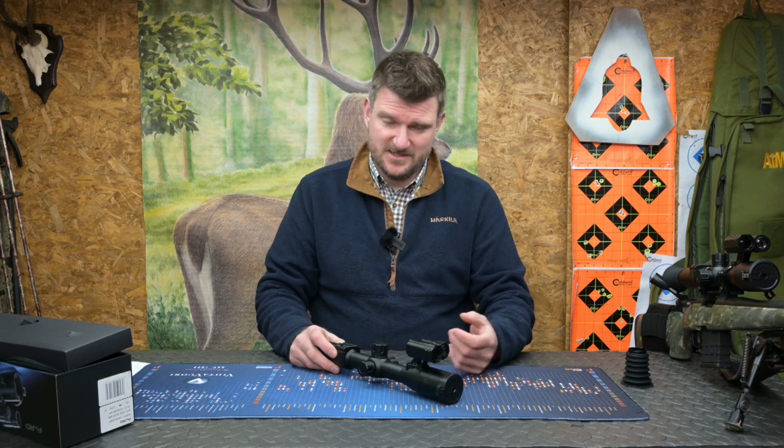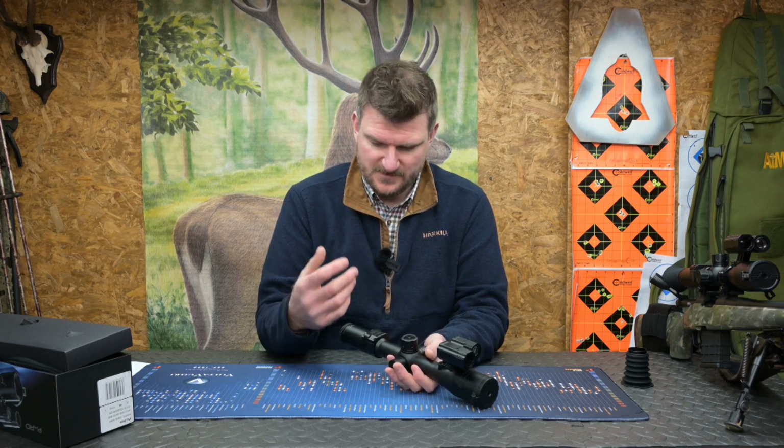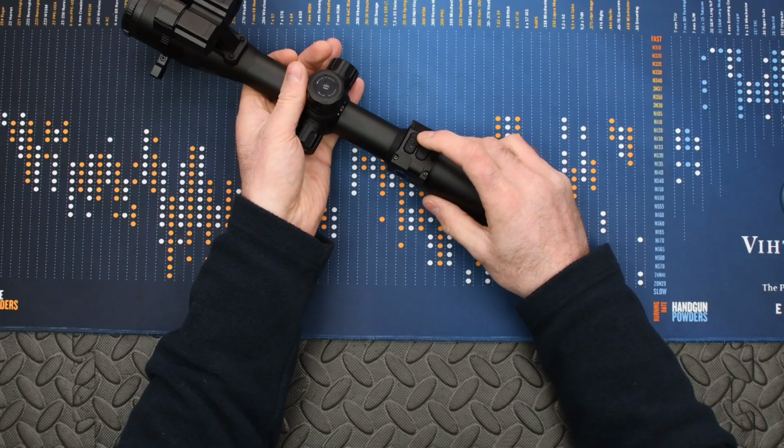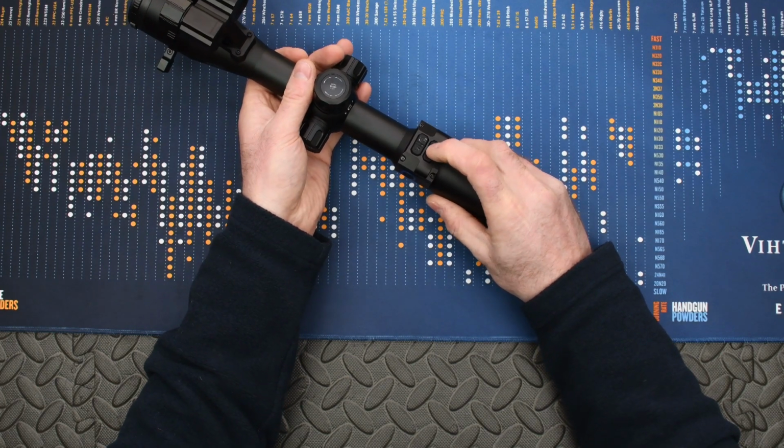I've actually been watching hares at over 400 meters away. I don't shoot them that far, but I do want to see things as far away as I can. The front right button here controls the stills or the video capability, and the rear button here turns the rangefinder on